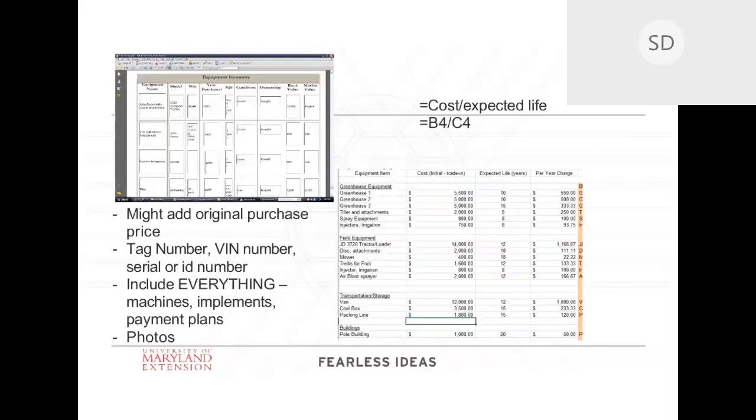So here is an example of a couple of spreadsheets that we've used in the past. The top one here is an equipment inventory, and we have the equipment name, the model, the size, the year we purchased it, the condition of it, are we owning it or leasing it, what's the book value, what is the market value. You might want to add the tag number if it's vehicles, a VIN number, anything that you need as you're working with departments of transportation, and getting these things tagged and on the road. An ID number, or what you call that piece of equipment. But that type of equipment inventory and resource is really nice to have.